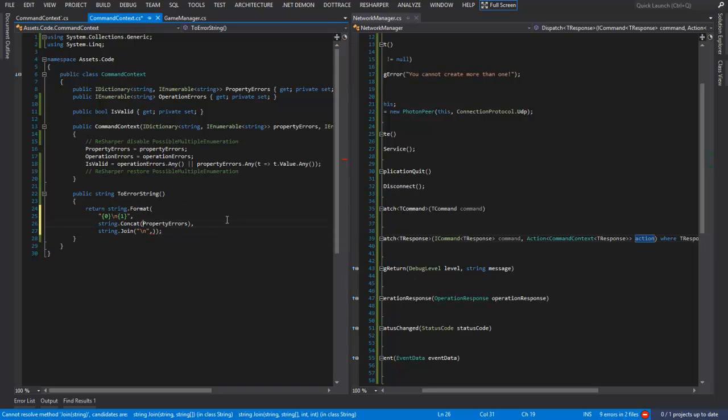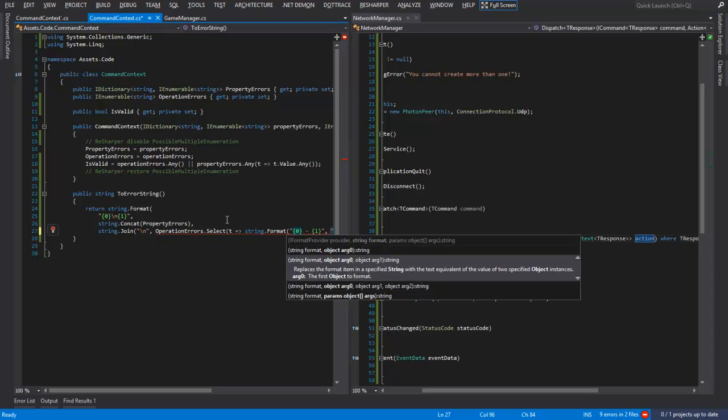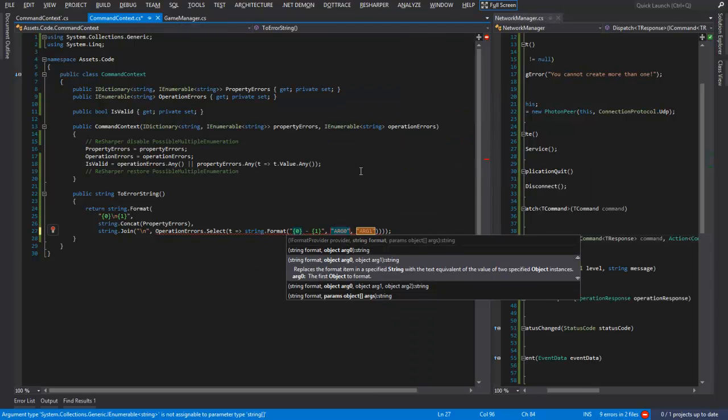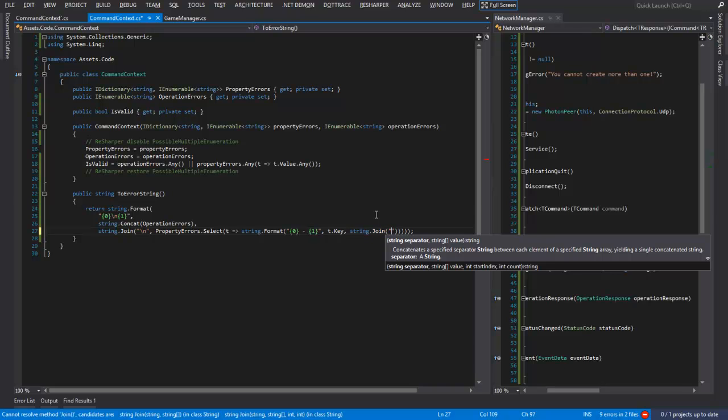Oh, what am I doing there? There, string.join operation errors.select t goes into blah blah t. Surround it with string format. There you go. And then t.key, or that's not going to work, is it? Because I did it backwards. Sorry about that. I'm concatenating the operation errors and I'm selecting from the property errors, so I can do t.key and then string.join comma of